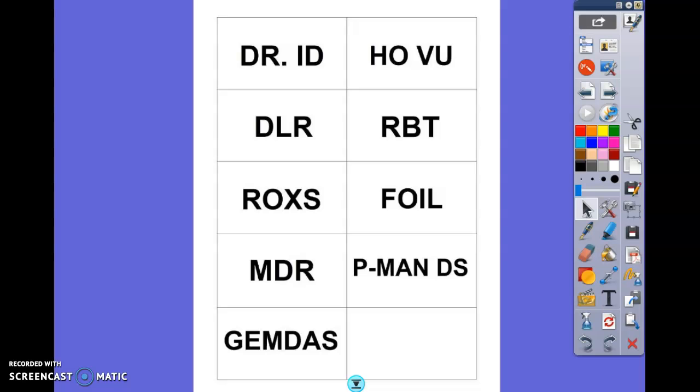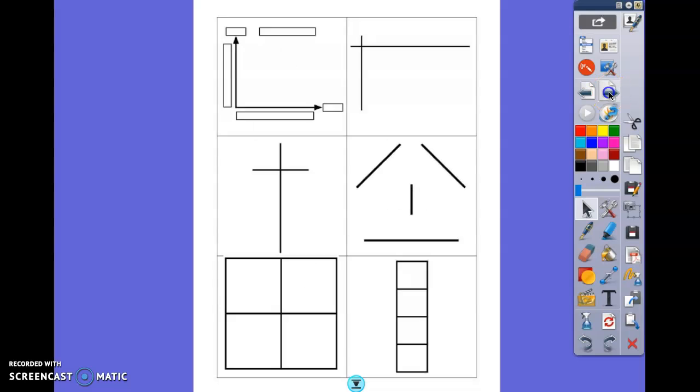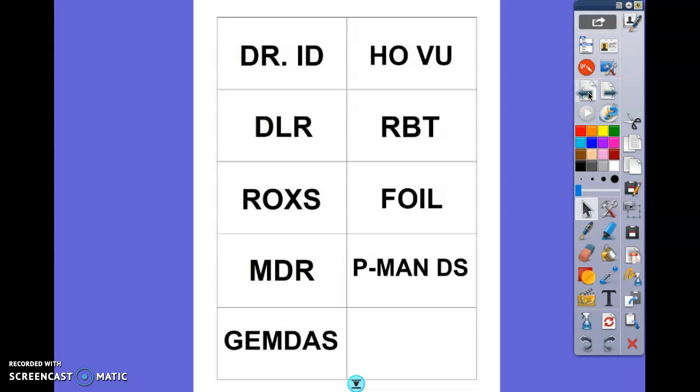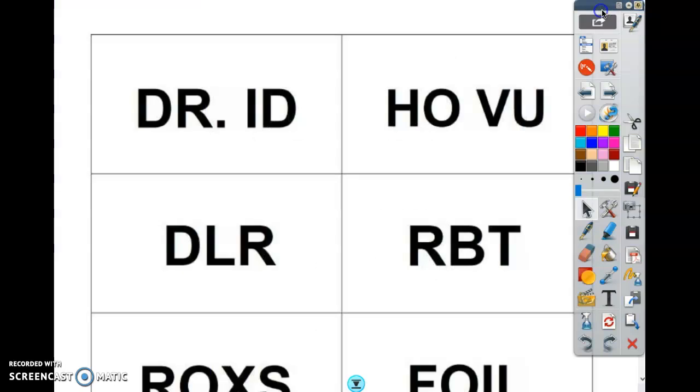Okay, guys, today we're going to go over the supplemental aids. This is what the front looks like, and this is what the back looks like, and I am going to explain each one in detail. Pay attention because I will be asking you questions throughout the video. Okay, so we're going to go ahead and start with this first one,